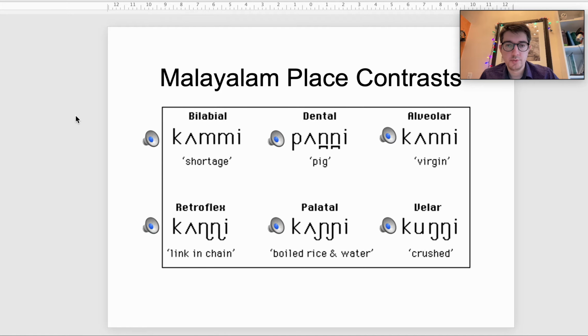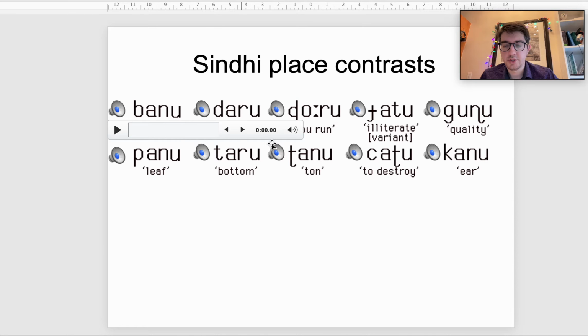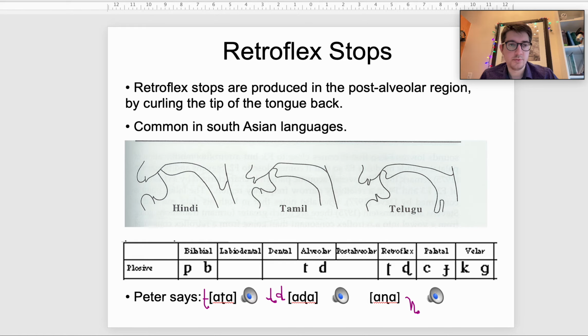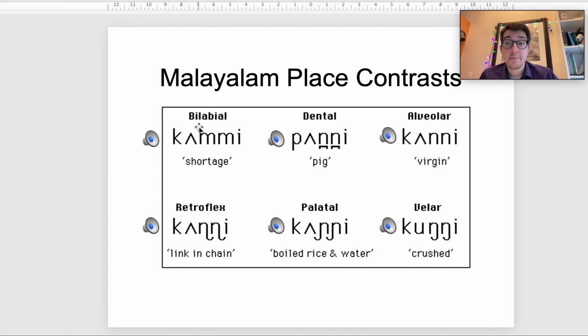I'll now move on to Malayalam place contrasts. So all of these are coronals. We're talking about coronals because they're produced with either the blade or the tip of the tongue. Retroflex as well, in Sindhi and in Malayalam too. Malayalam has a set of interesting stops. So it has bilabial, and if you see these two one next to another, they denote geminates. They are geminates because there are two of them, and you just need to produce them a little bit longer,